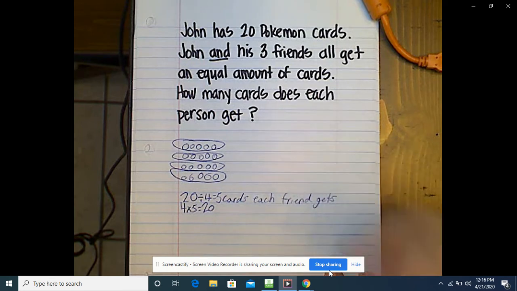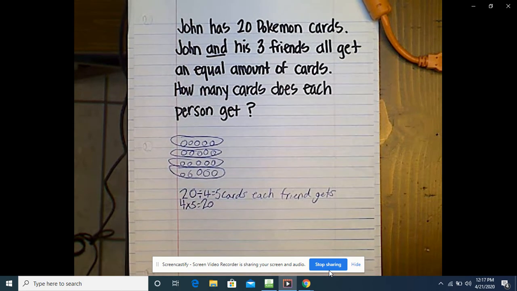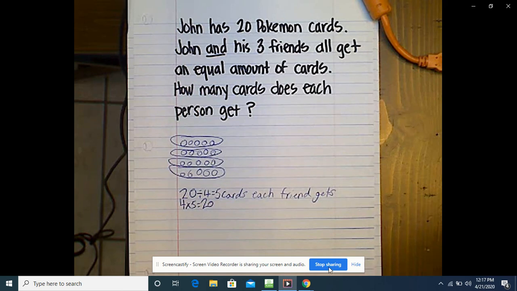Yes. Do you think these are related to each other? Yes. Kind of like addition and subtraction are related to each other? Yep. Sounds like multiplication and division might be related too. So, boys and girls, I want you to keep that in mind as you're working through the problems today and the rest of the week. Are you seeing a relationship between multiplication